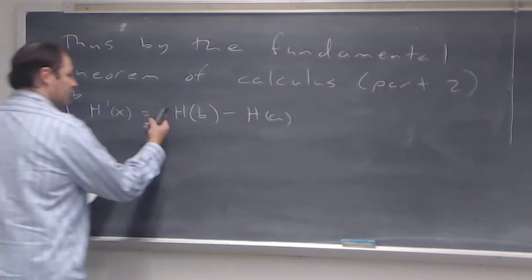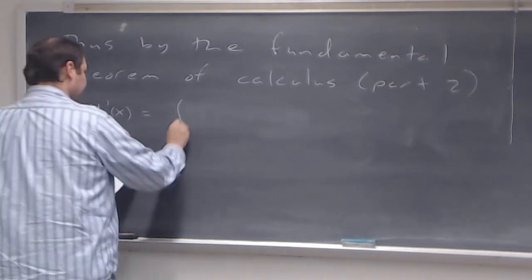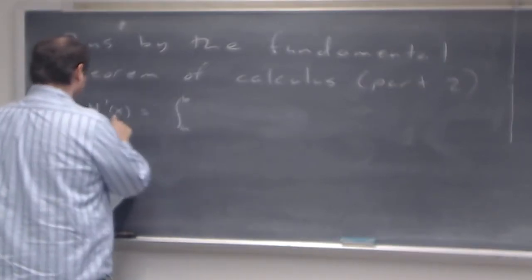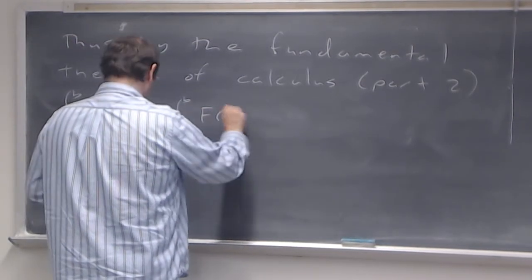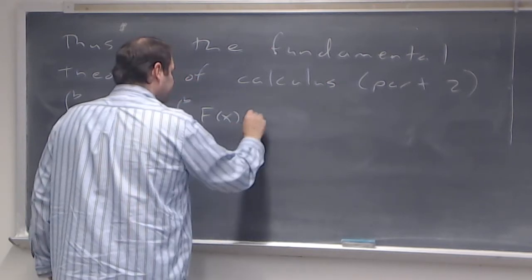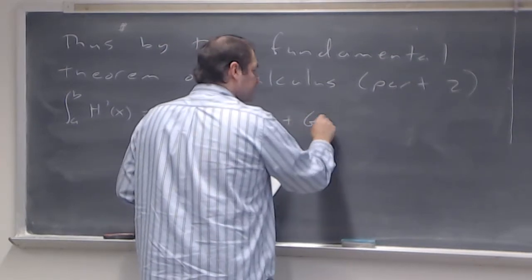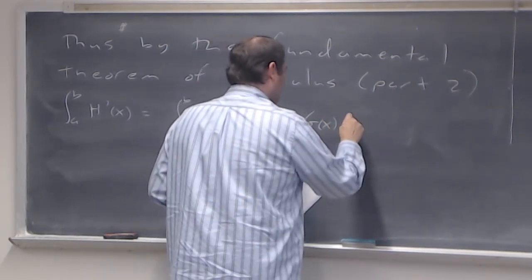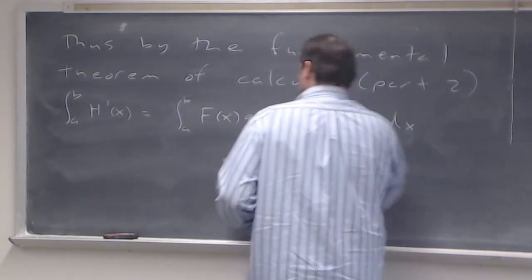That's what it's going to be equal to, but I want to back up just for a second. So instead of saying that, what we'll say is equal to the integral from a to b. We'll write down what H prime is equal to, which is F of x times big G prime, which is little g of x, plus G of x times big F prime, which is little f of x, dx,